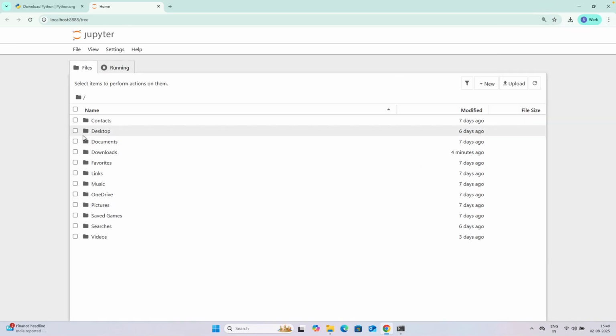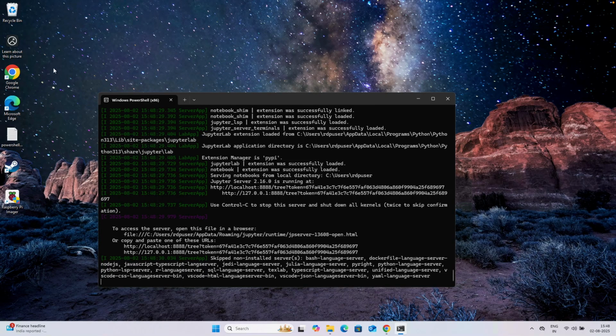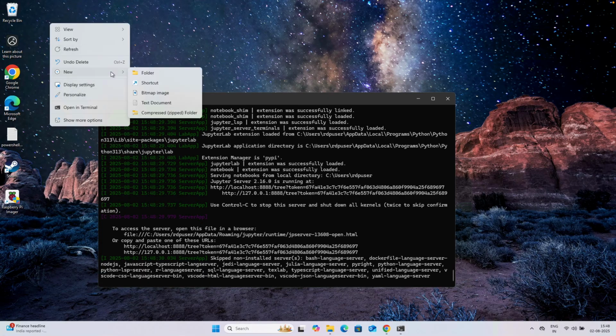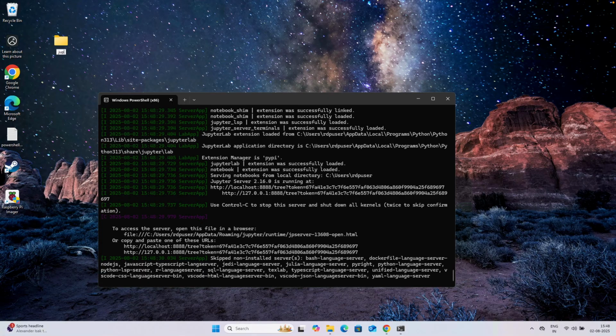Here you will see this desktop, documents, downloads, all the folders that you have on your particular user. So what I can do is I'll come back to this desktop, and I'm going to create a folder. I'll do a right click, create new folder, and I'll create a folder called Jupyter Notebooks. The reason I'm doing this is I can keep all the Jupyter Notebooks in one folder instead of saving it somewhere. I can just organize this.